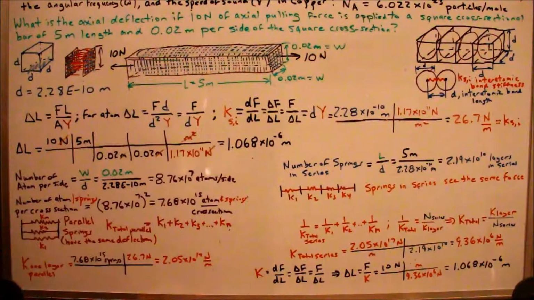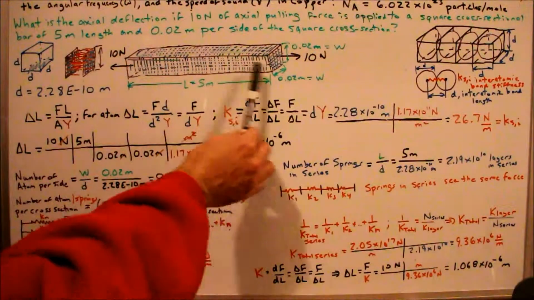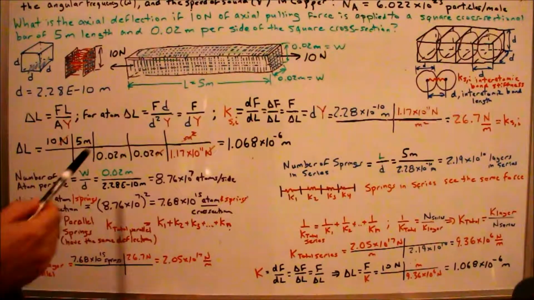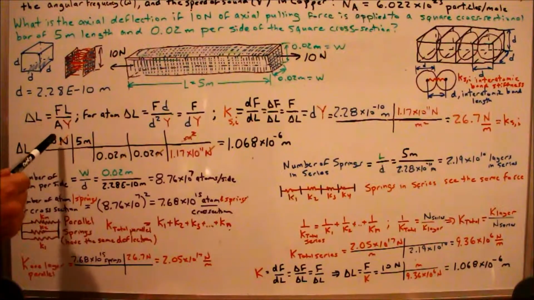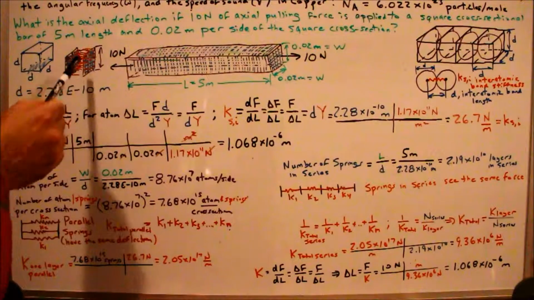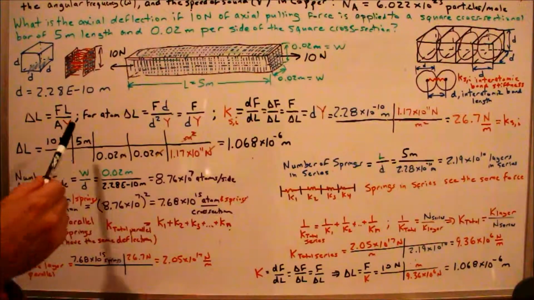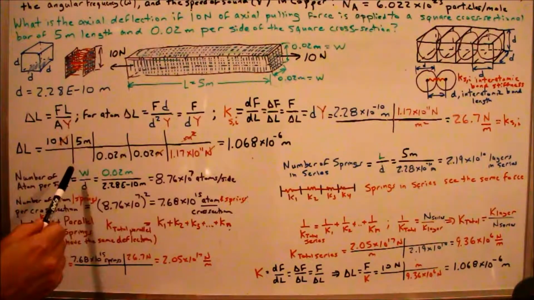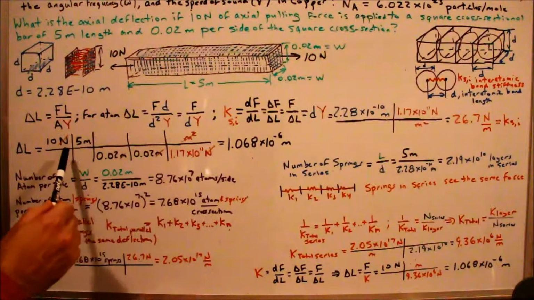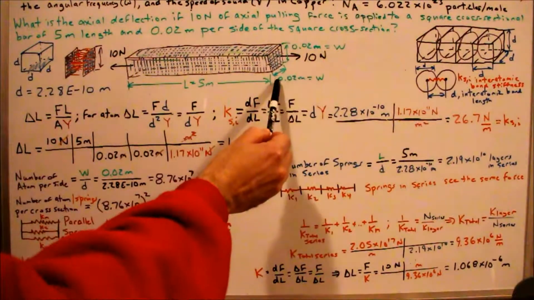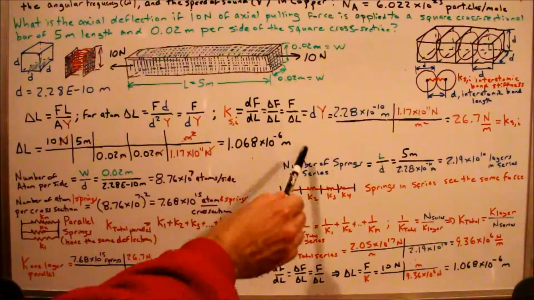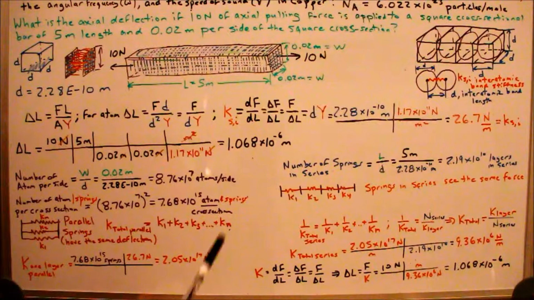Looking at this bar as a composite, one can determine the change in length using our formula with our 4 variables. The force and length are both proportional to change in length, and inversely proportional are the cross-sectional area and Young's modulus. So our force is 10 newtons, our length 5 meters, cross-sectional area is 0.02 and 0.02, and Young's modulus is this. So we simply can solve for that entire bar in one shot,